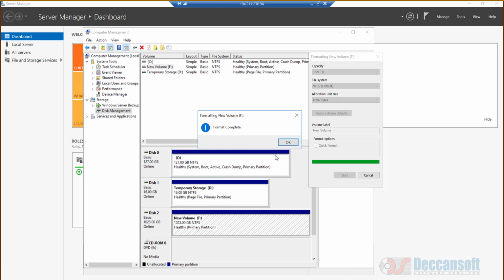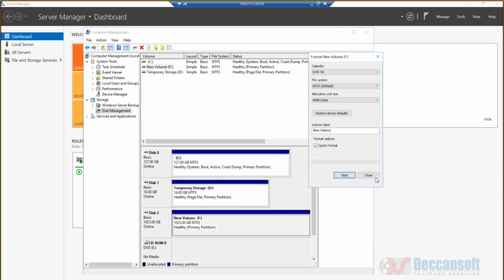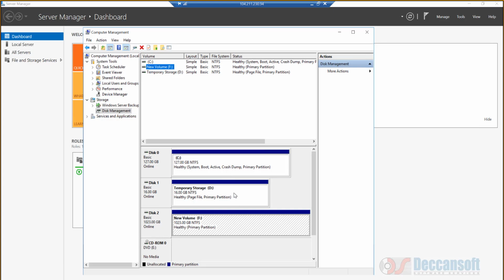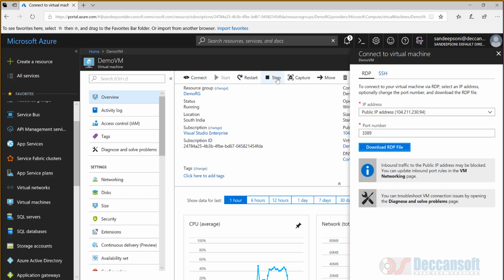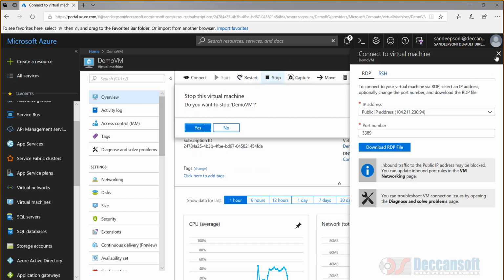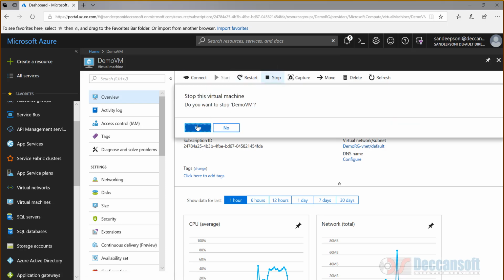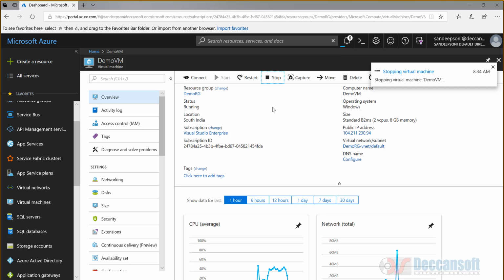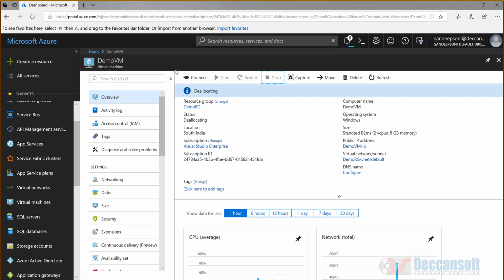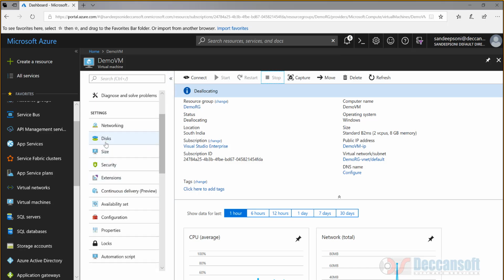And once you are done with all this, sometimes you want to detach it. So for detaching, what is the procedure? First, you will have to stop the virtual machine. To detach the disk, you'll have to stop the virtual machine, and after you stop the virtual machine, it will take a while as it is going on in the background. You'll have to go to the disk